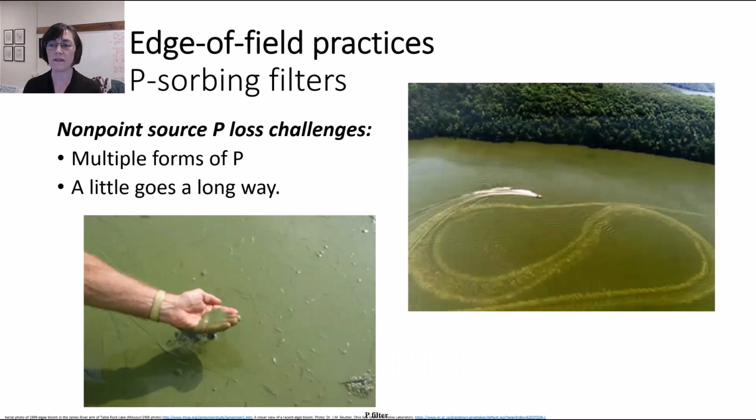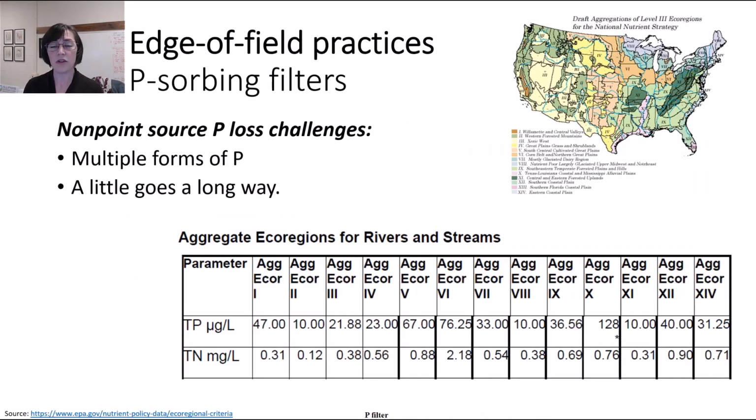But you'll also recall that these very low concentrations or losses from agricultural sources can lead to very severe aquatic problems. And that's why our recommended nutrient criteria for phosphorus, both on the national level and here in Illinois, tend to be very low, often reported in micrograms per liter.